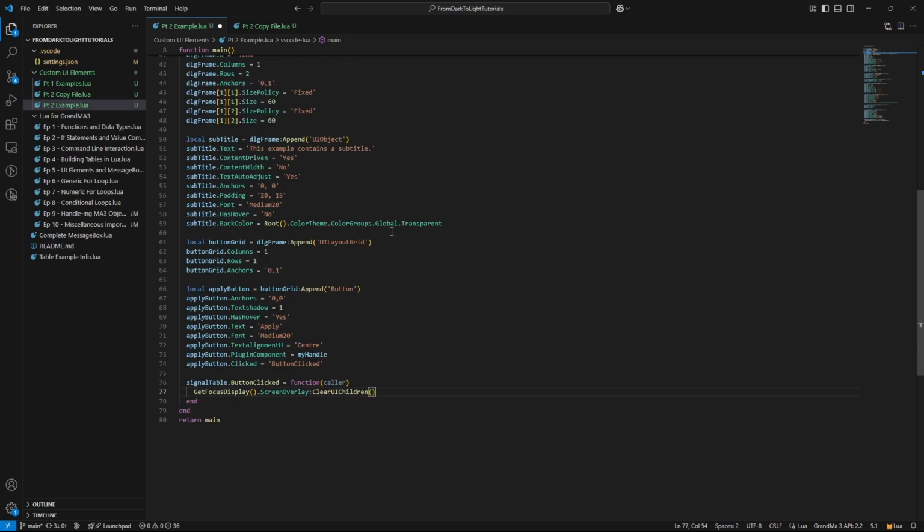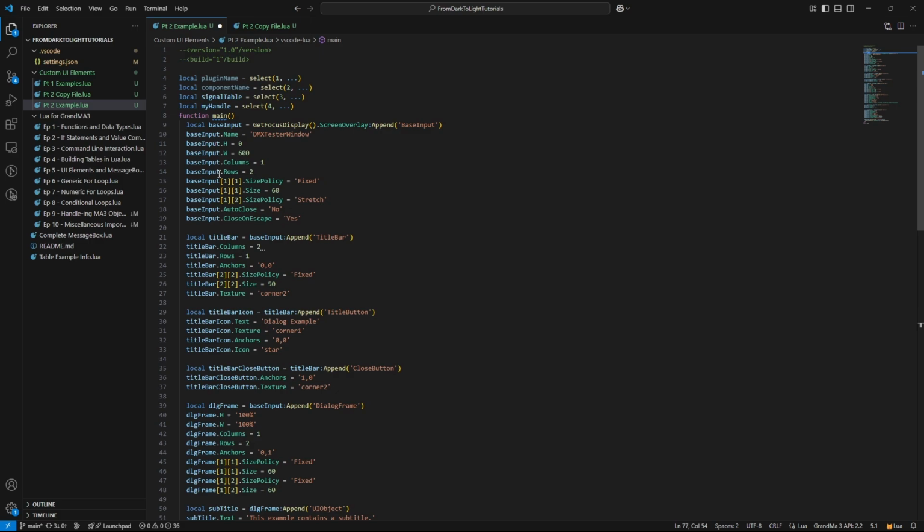Now, I am going to go back and talk about just some of these different things. So anchors, for instance, is basically saying where on the object this is appended on. So I'm appending a title bar onto my base input. I have an object, it's called base input.